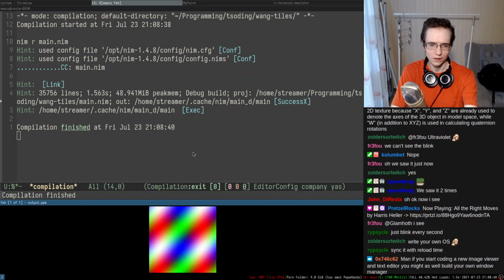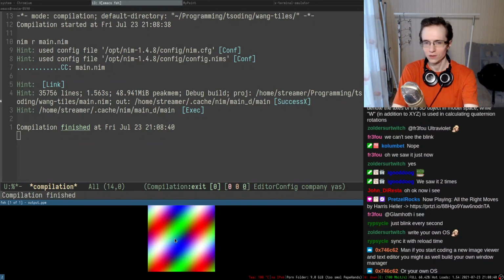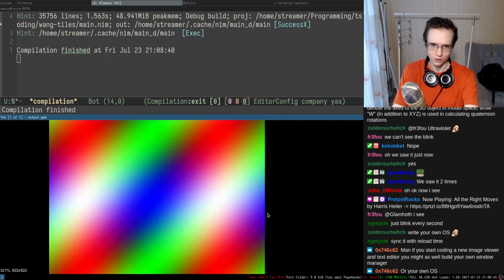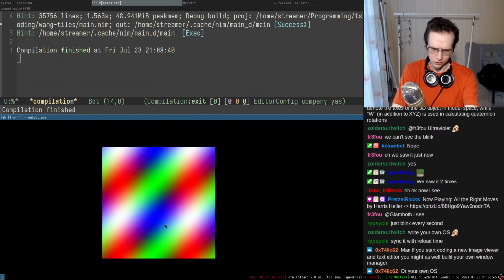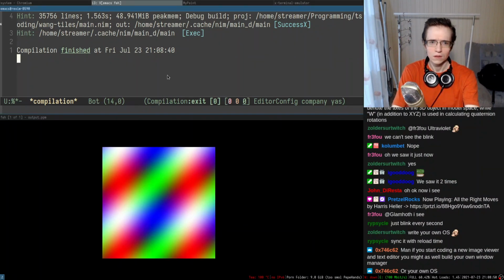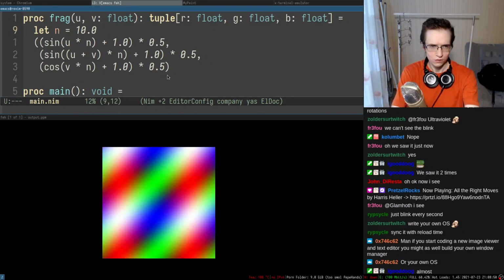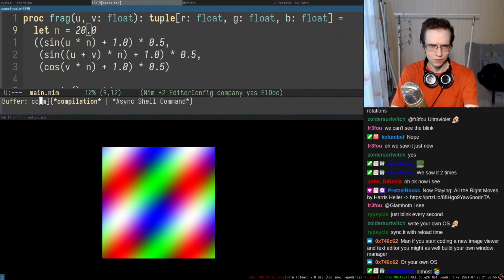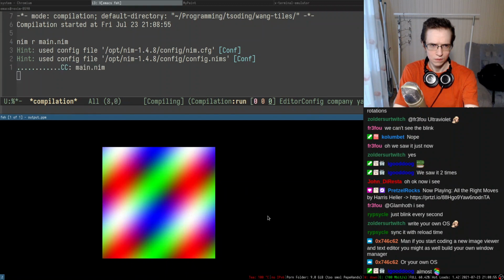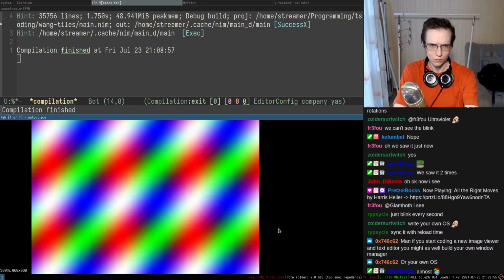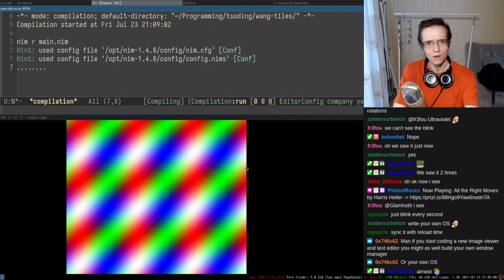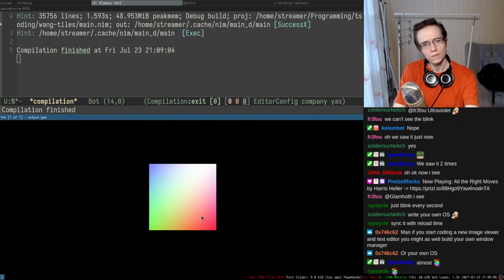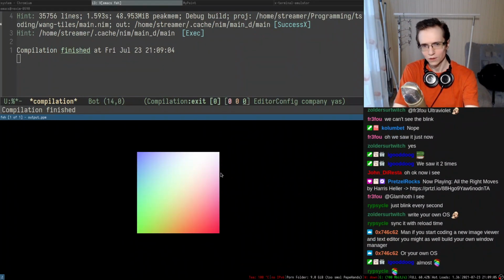Then I can reload this entire thing, and now it has additional strips in here, which is actually kind of cool, I think. These additional strips are really cool. I didn't expect that. If we make it even bigger, these strips become visible, but if you make it like this, it becomes something like this.